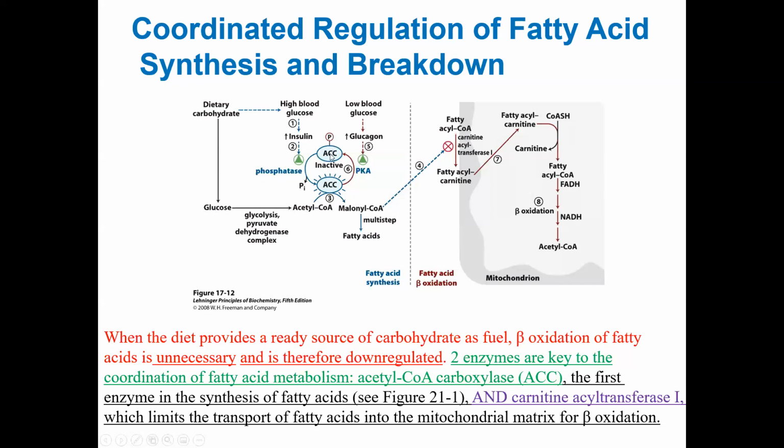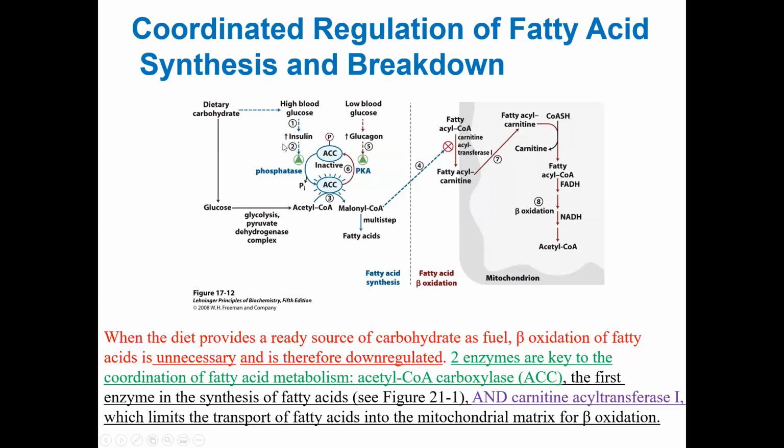Now, if you look here in this slide, left-hand side, you will see that acetyl-CoA carboxylase is an enzyme. When it is phosphorylated, it is inactive. And when it is dephosphorylated, it is active. So this is also an enzyme that is post-translationally regulated by a phosphorylation mechanism. Which are the two enzymes that actually govern this equilibrium? Insulin-dependent protein phosphatase, and on the other side, PKA, protein kinase A.